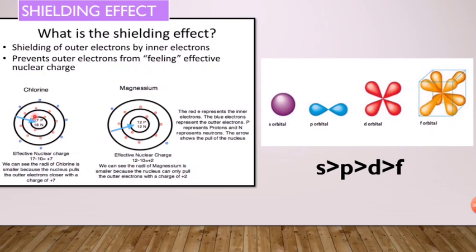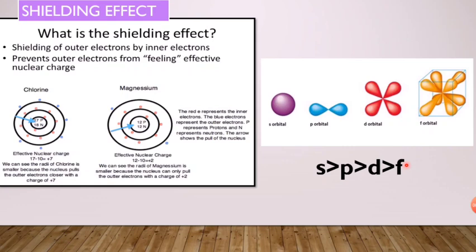Okay, the shielding effect of s orbital will be very high. You can see here there is s greater than p greater than d greater than f. That is, the shielding effect of s orbital is very high compared to the shielding effect of p orbital, d orbital and f orbital. In the case of f orbital, there is only a very negligible shielding effect. So there is no need to take f orbital into consideration while considering